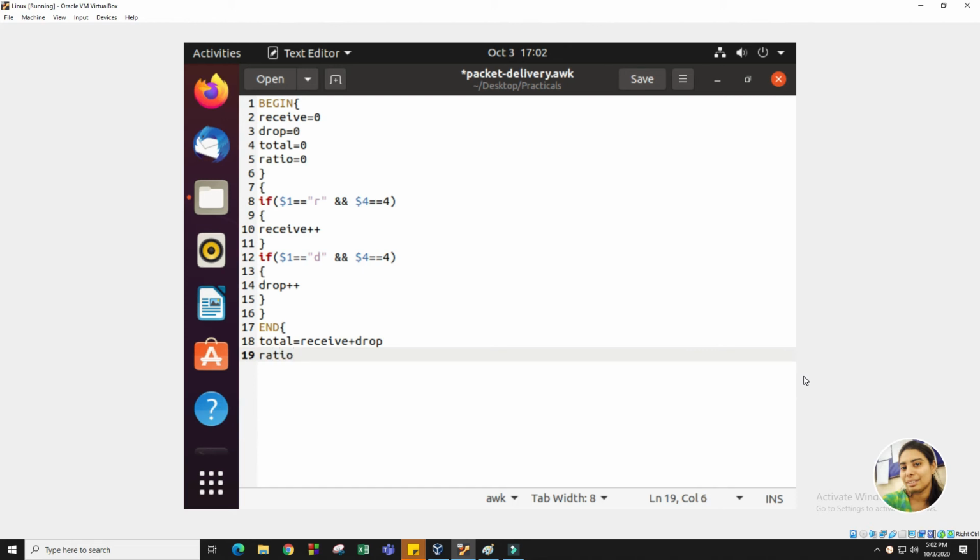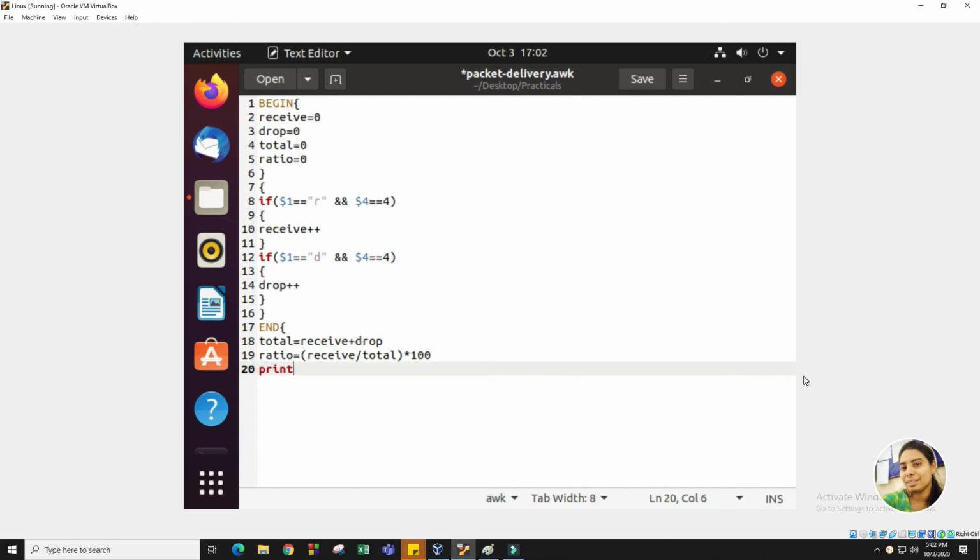Now we can calculate the ratio of packets received at node 4. For that we take receive divided by total. And as we require this ratio as a percentage, we multiply it by 100. So we will get the ratio in percentage.